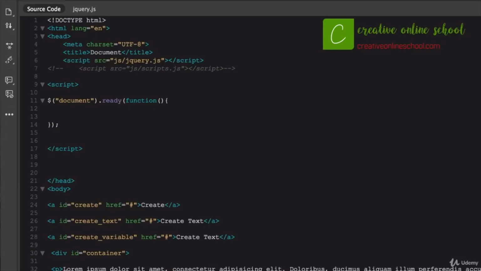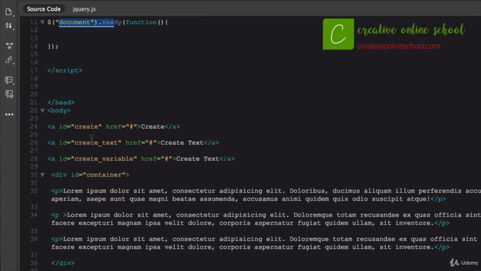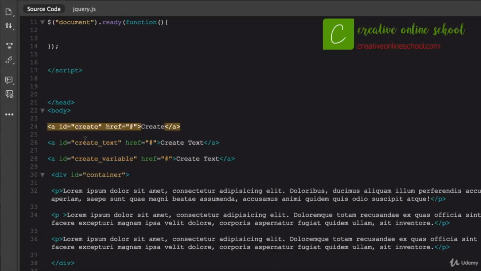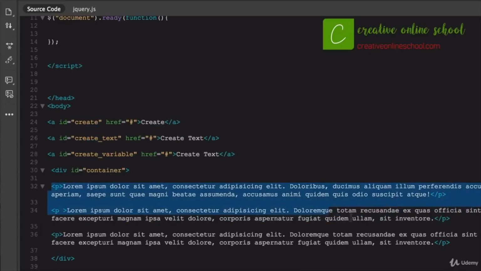the whole time. What I've done is created a document, and we have our basic jQuery that we always link to, the basic opening document ready function, which we always use. Down in the body of the page, I've created 3 links. One that says create, one that says create text, one that says create variable, with different IDs. These IDs are what we will be targeting from the jQuery. I got create, create text, and create variable. So all that I have down here targeting these 3 paragraphs is what we'll be using,